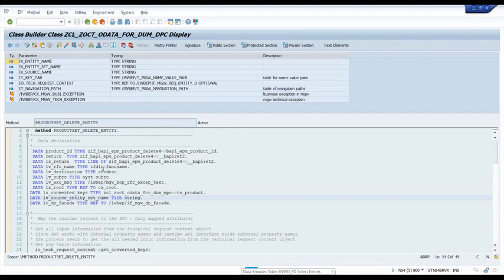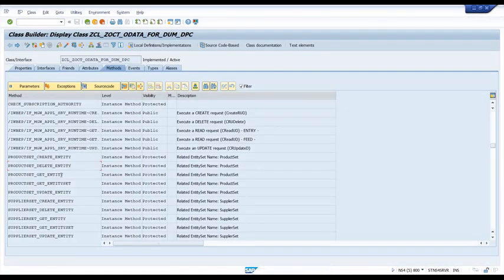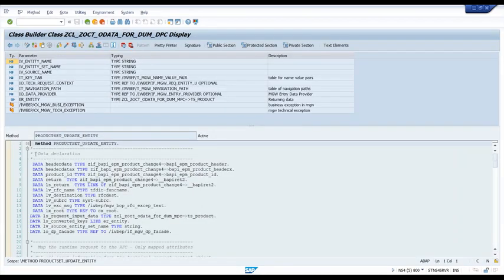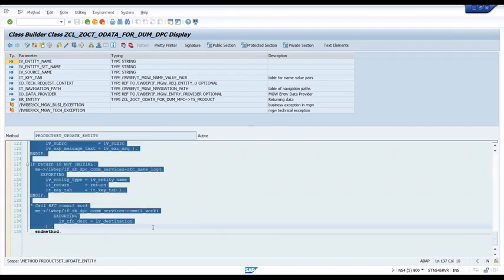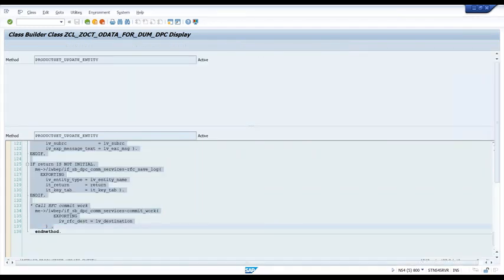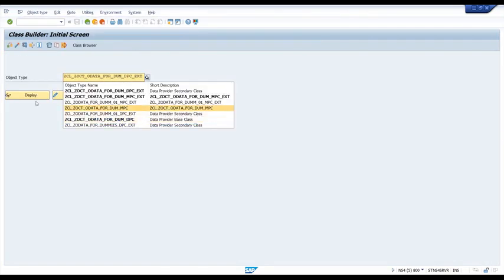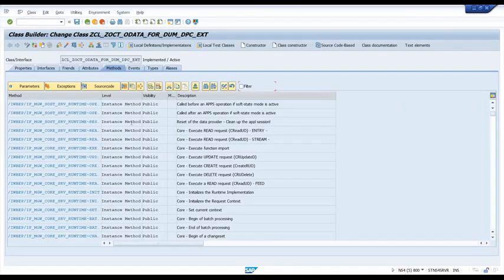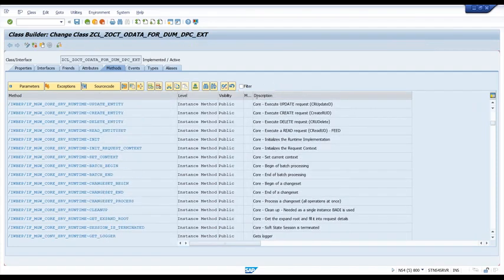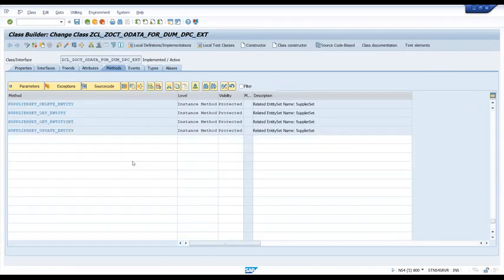No problem. I can now take this complete update code and adjust it according to my need. So what I can do is take this complete update code, copy that SAP generated code, and of course I have to now go to extension class, go for change and remove the filter, because sometimes you see, Anubhav, there is no method. Now I can see in DPC extension that just make sure this filter is unchecked. Yeah. Now just come back,